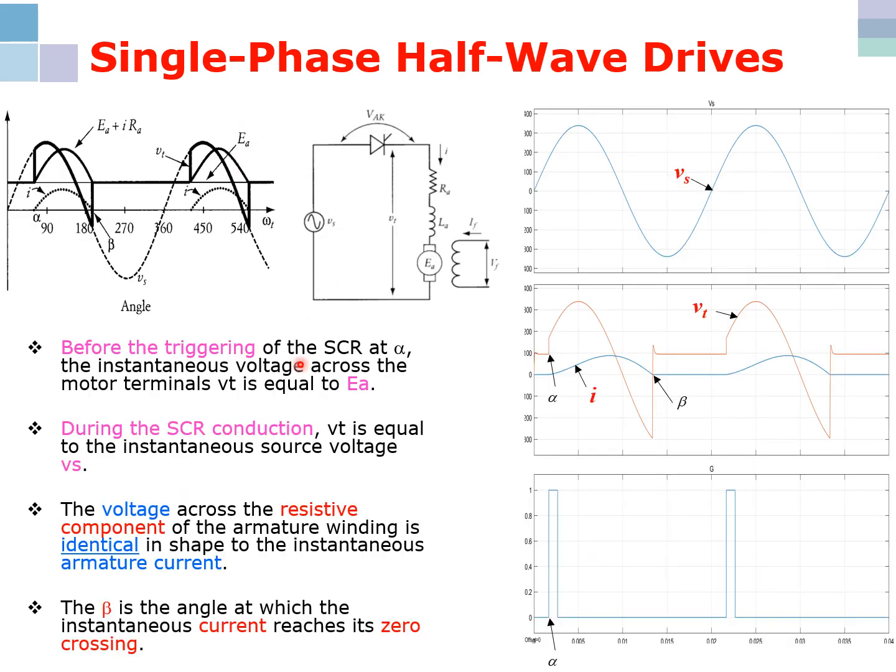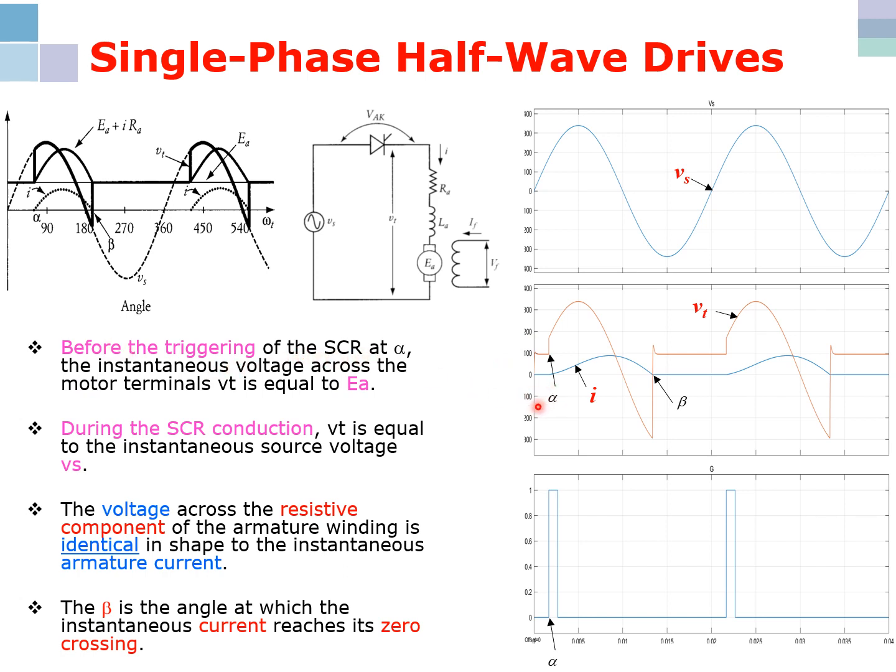Okay, according to this one, if you can imagine the operation of the switch, which is the SCR. So we have two conditions: before triggering and during the SCR conduction. According to this graph, this waveform, before the triggering of the SCR at alpha,